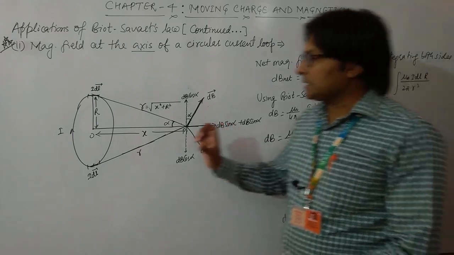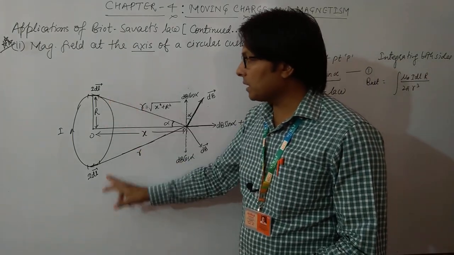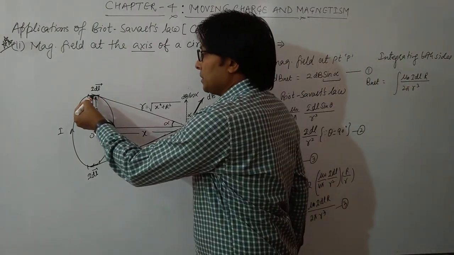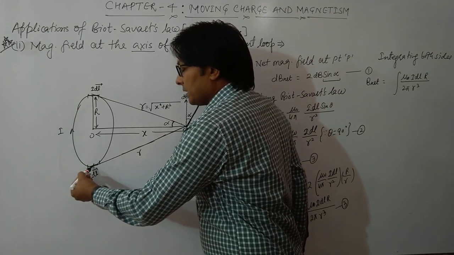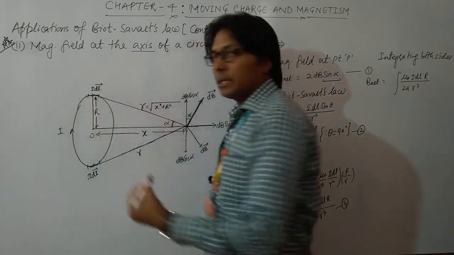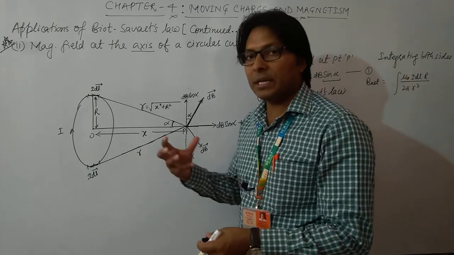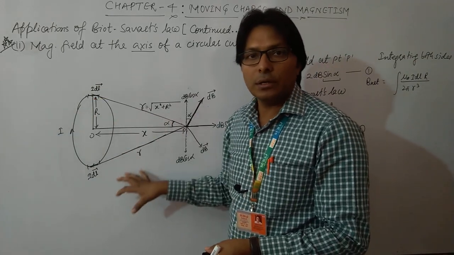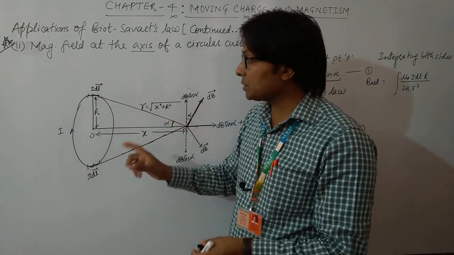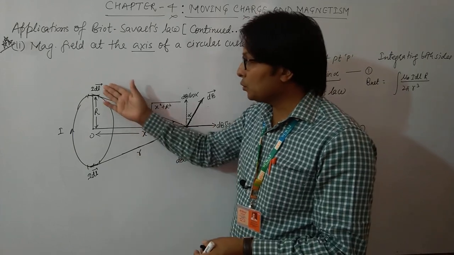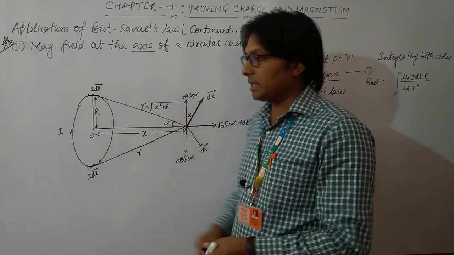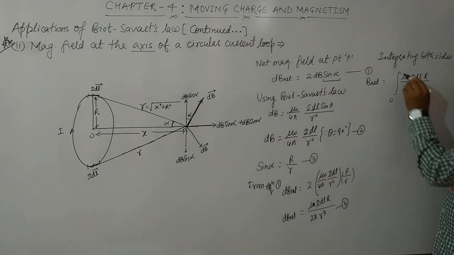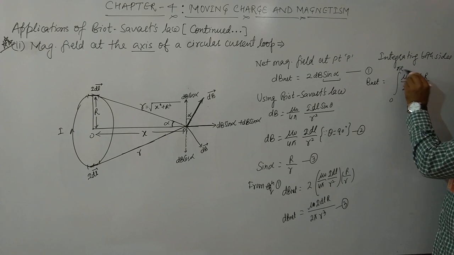But since we have considered two current elements simultaneously, when this current element moves from here to here, just completing half of the circular loop, we will complete one revolution, because we have considered two current elements simultaneously. So the limit will be from L equals 0 to pi r only, not up to 2 pi